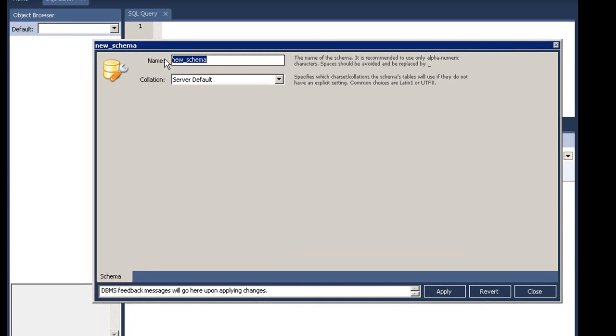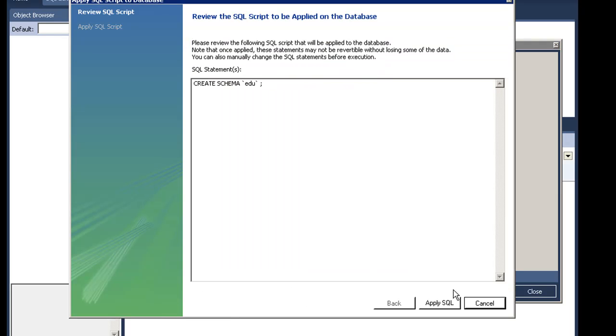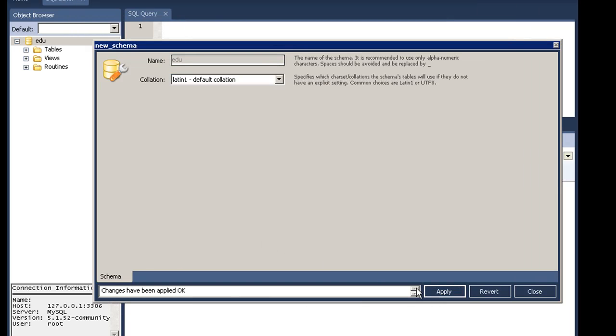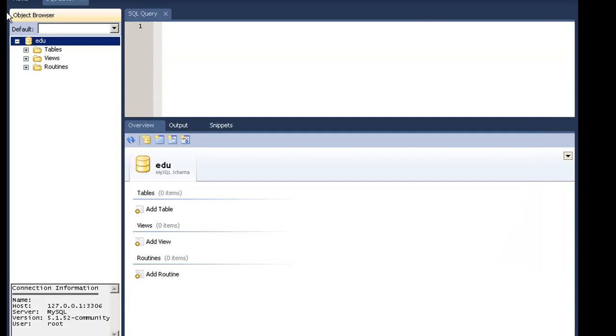You should Google it for the meaning of that. We will name our schema edu. So apply, finish. Okay, apply, close. So this is the schema.